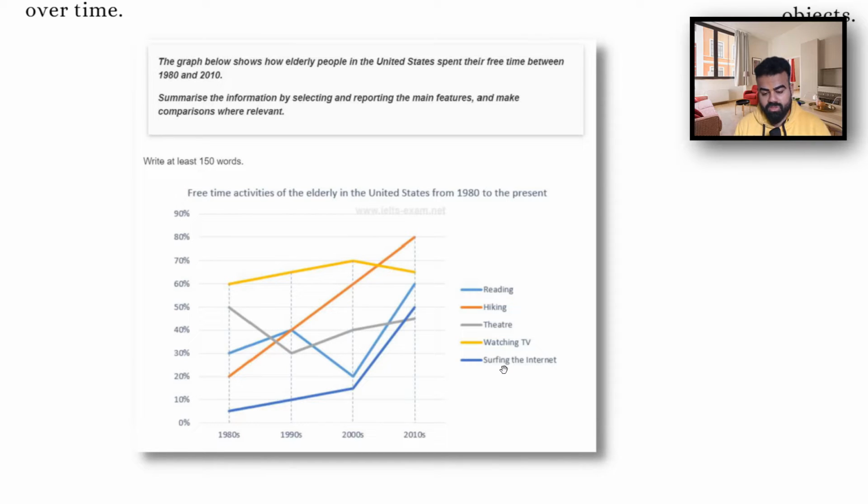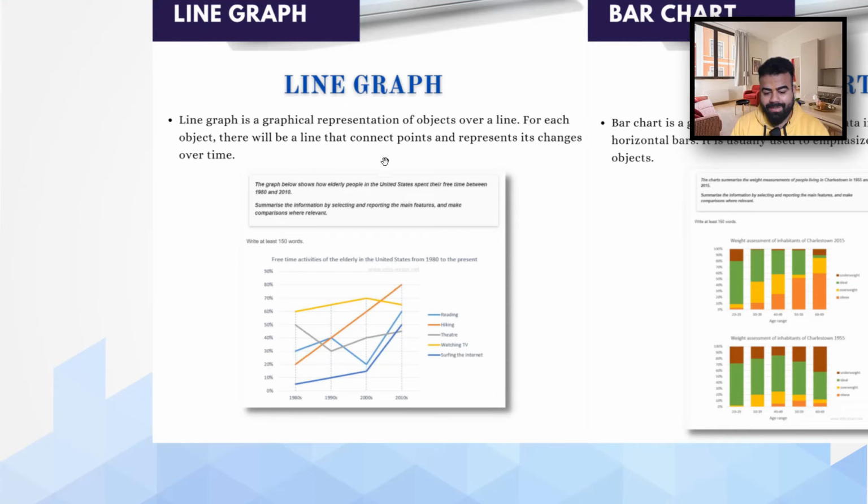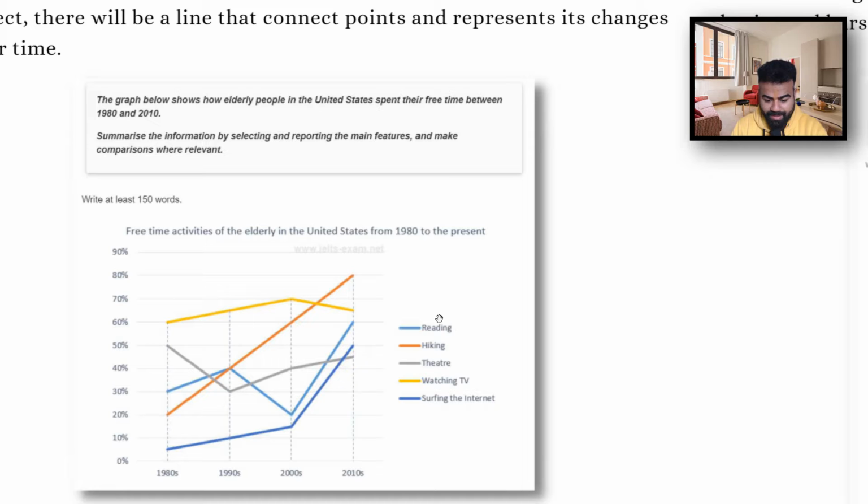Since it's a line graph, you can see various lines that represent these elements and their changes over time. So there will be a line that connects points and represents its changes over time. So we have these multiple elements here, and these lines represent the behavior of that element over a period of time,